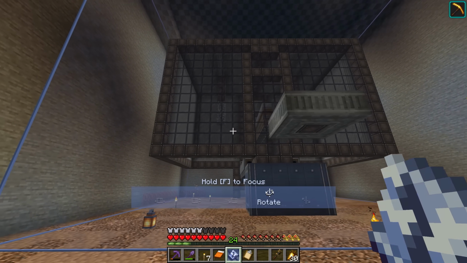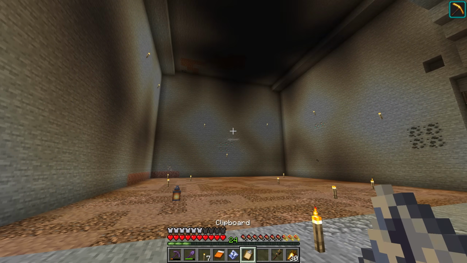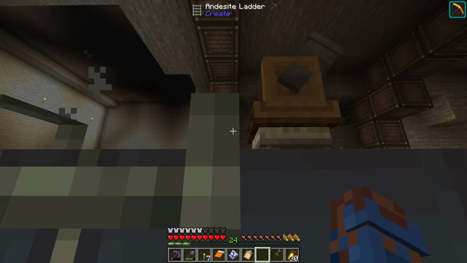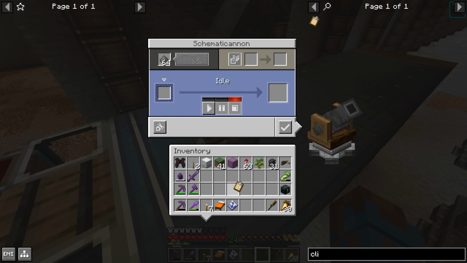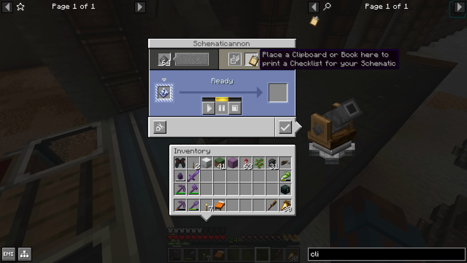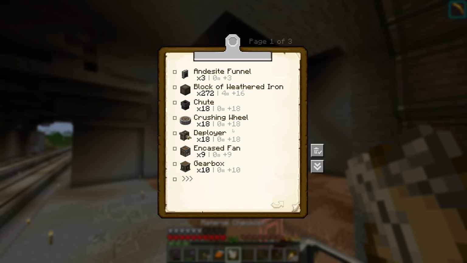But now that we have it in place and I have its destination set, well, now we've got to go back here and we've got to see if we have all the resources for it. Oh boy, wrong thing. Schematic goes in here. Clipboard goes in here. There we go. So this will give me a nice detailed list so you can see everything. So some andesite funnels. We're going to need like a few, like 4.5 stacks, essentially weathered iron, some chutes,